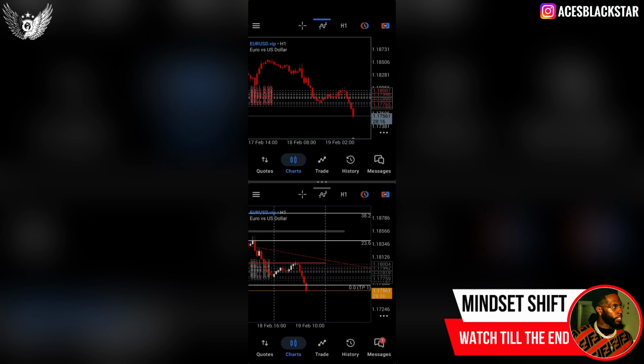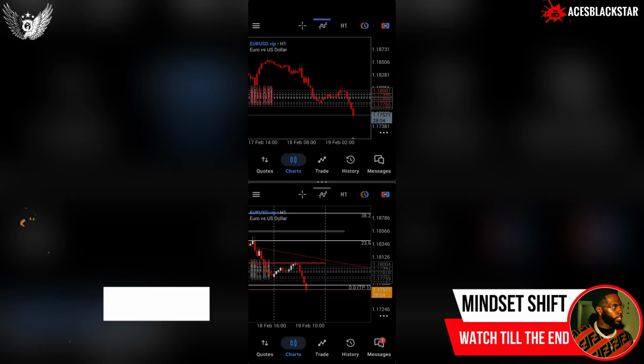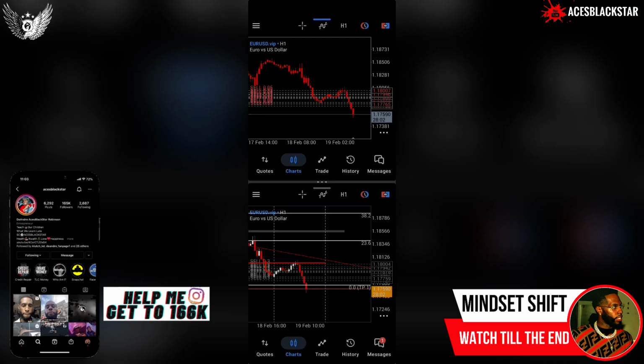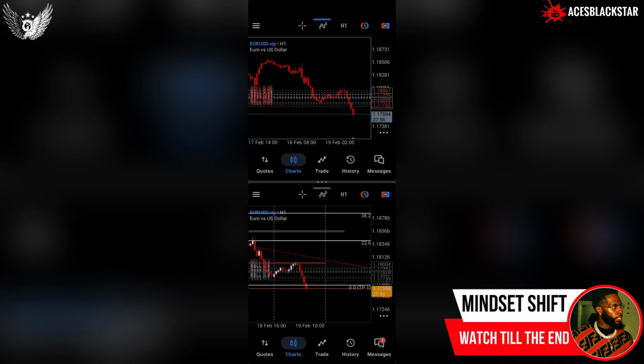But like I said, don't take it for face value. If something moved up 20 pips last time, doesn't mean that it's going to move up 20 pips this time. Sometimes the ups is downs and the downs is up, but the whole idea is to know, hey, this is going to have movement or this is not going to have movement. Last time it moved up 20 pips. So this time we're going to anticipate if it moves up 20 pips, what's going to happen. If it moves down.